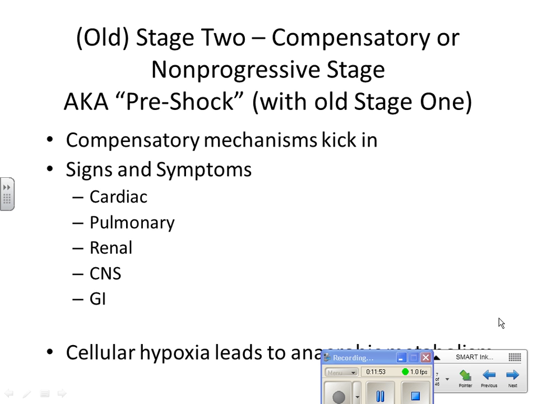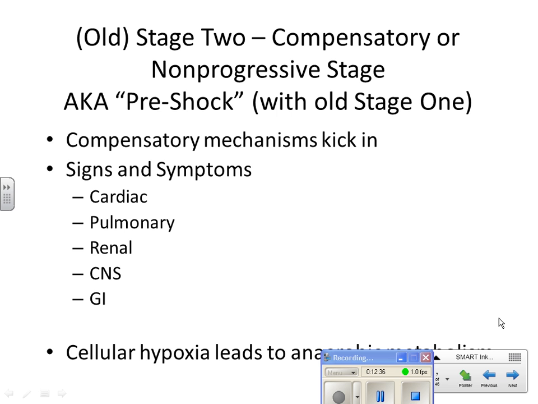And as the body detects that maybe this increased heart rate isn't really being as effective as I'd hoped, then the respiratory rate is going to increase. Because as the oxygen levels drop and the CO2 levels rise, the body wants to blow off that CO2. And the best way to do that is to increase the respiratory rate so that you are hyperventilating, basically. And you are going to be in what acid-base state? Respiratory alkalosis. So in the initial stage, patients trying to blow off CO2, they go into respiratory alkalosis as they try to compensate for the fact that oxygen levels are falling.